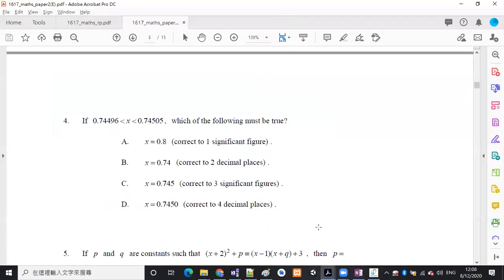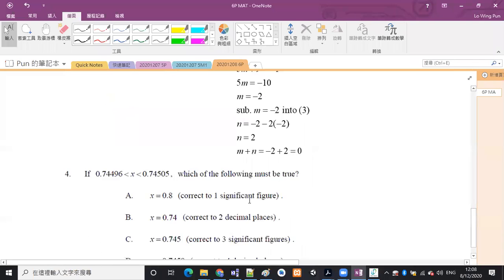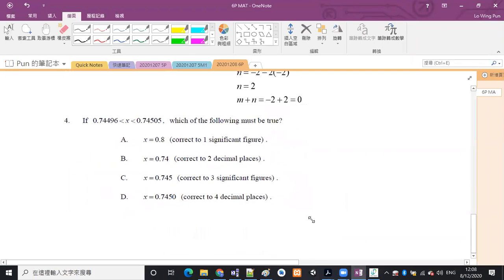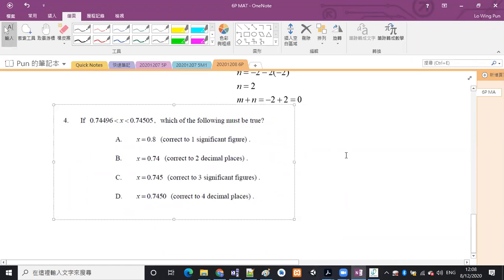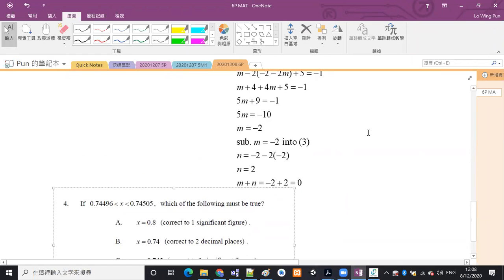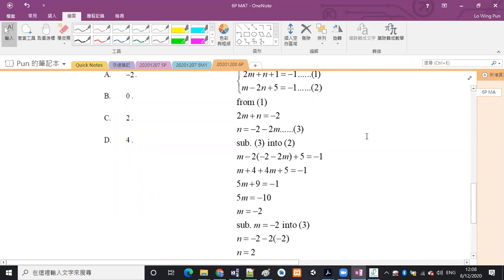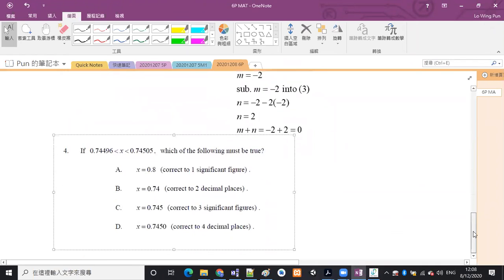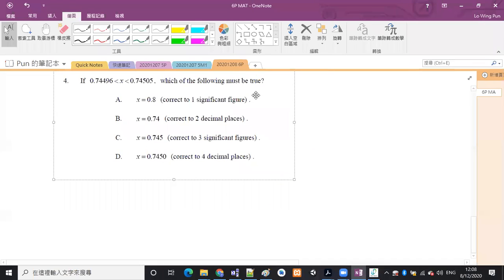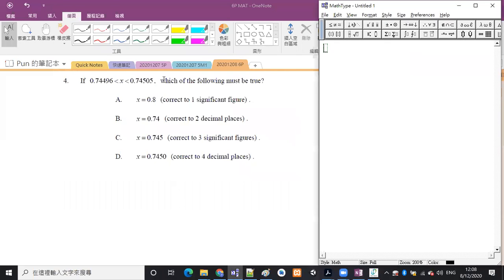Number 4. 好嗱，睇下 number 4 咯。佢哋話，如果 x 喺呢個範圍裏邊，which of the following must be true？嗱，呢題其實係好簡單㗎，希望大家真係可以做到嘅。但係呢題係要逐個睇嘅。0.74496 less than x less